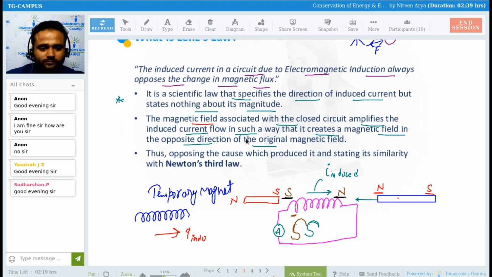Is this clear, beta? If I change the poles, or you can say the polarity, what happens then? If I make south here or north here, it is going to attract. I'm repeating, beta, I'm not done yet. Yajira, understand what I'm saying in this way. This is a little tricky part, and then you will understand everything, because it is easy after this.